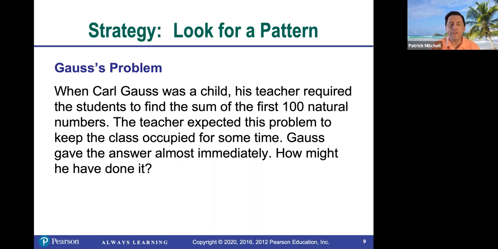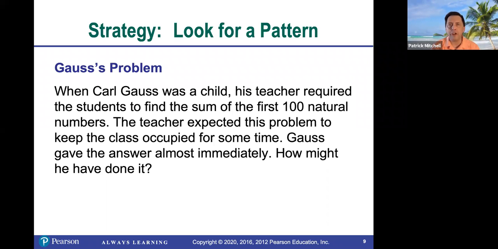Carl Gauss was a very famous mathematician. I believe he lived in the 1700s. And the story goes that when he was a child, his teacher was looking for some busy work for the class to do. And so the teacher asked the students to find the sum of the first 100 natural numbers. In other words, what is 1 plus 2 plus 3 plus 4, and so on, all the way